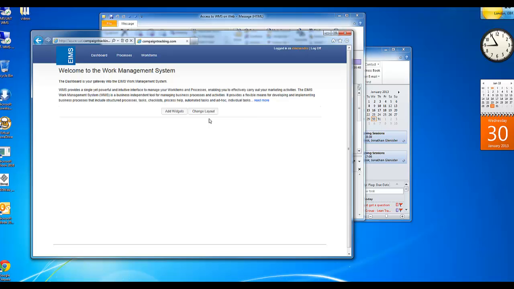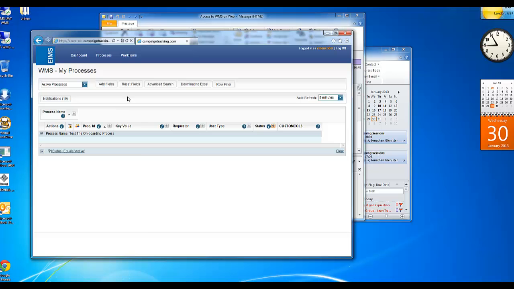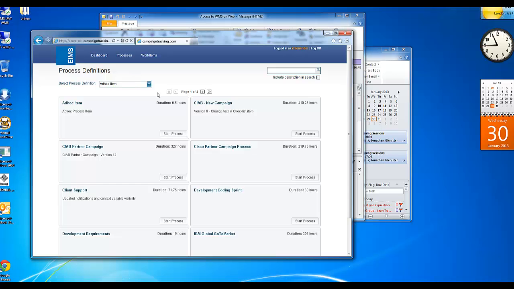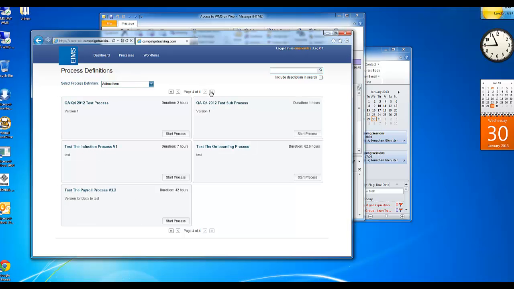First thing we're going to see is the name processes on the top. We'll select it, and we'll select my processes just to check if there's a process allocated to us. There's nothing yet, so we are going to seek for our process we uploaded. We go to start processes, then most likely it's going to be at the end, and there it is, test